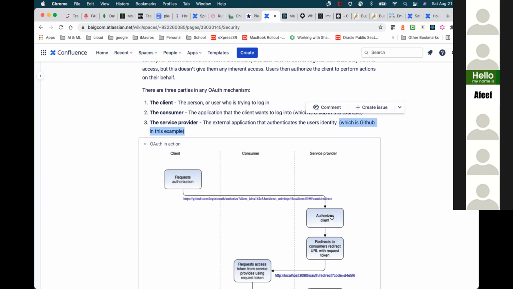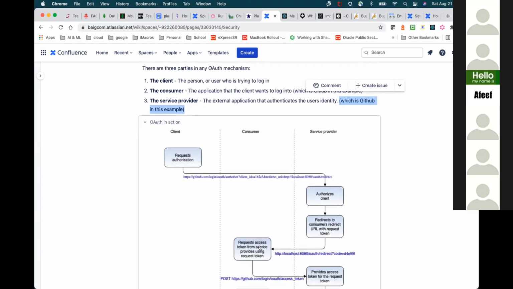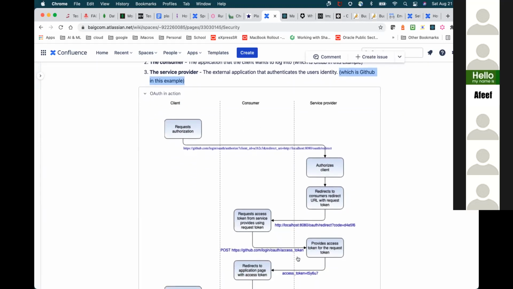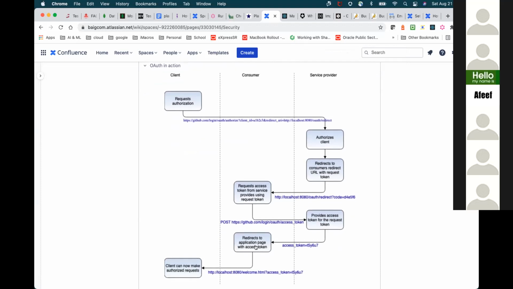Once you sign in on Google, it will generate the access token like I said earlier. Once this access token is generated, it goes to the consumer, which requests the access token from the service provider using the request token. Then the service provider exchanges the request token for an access token and redirects the application to the page with the access token.